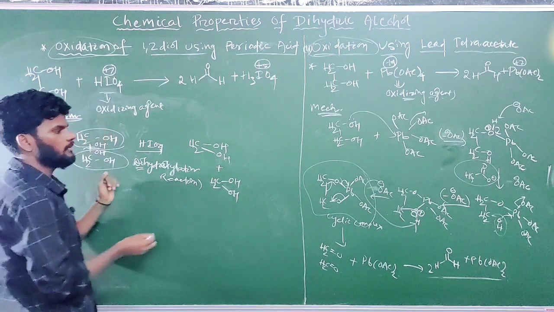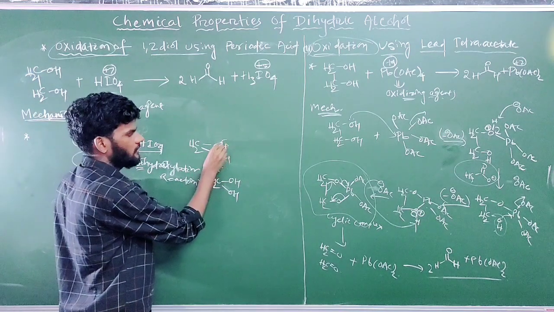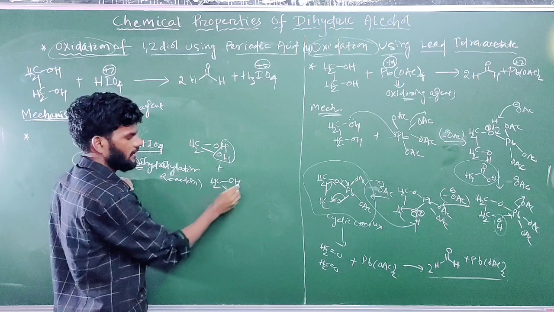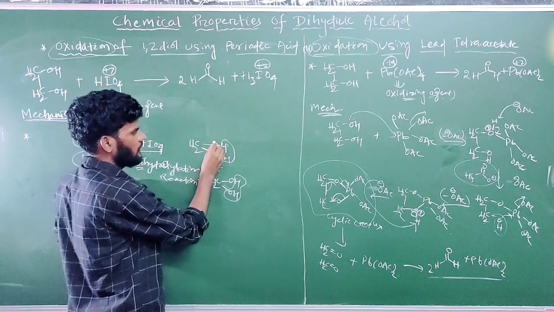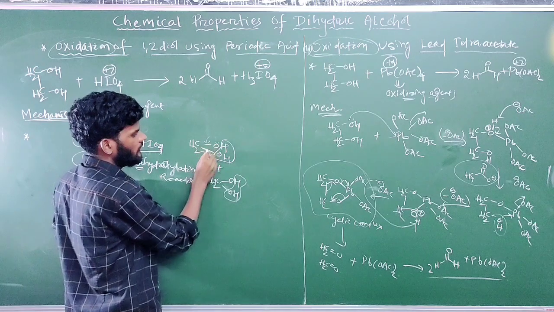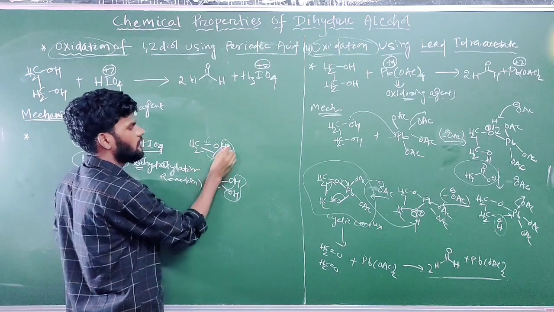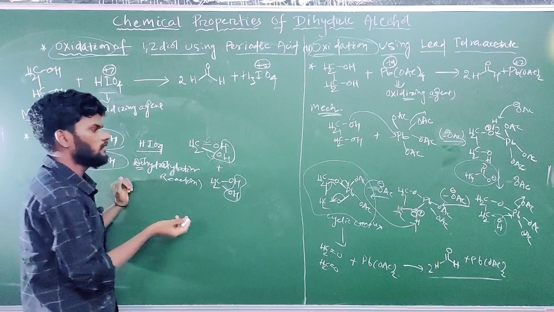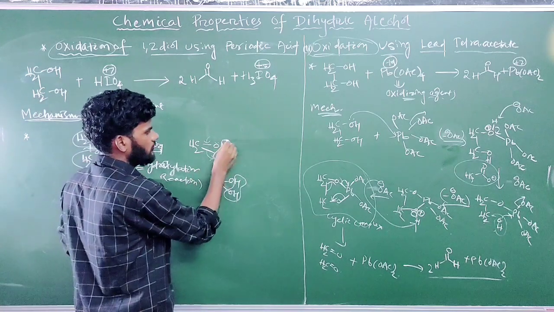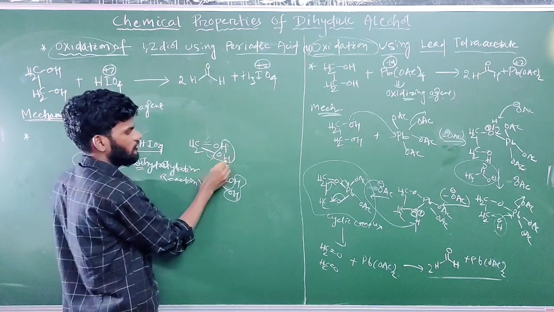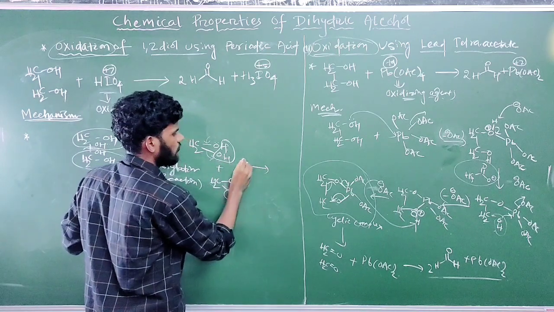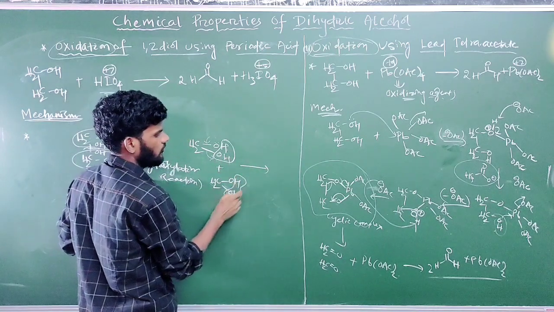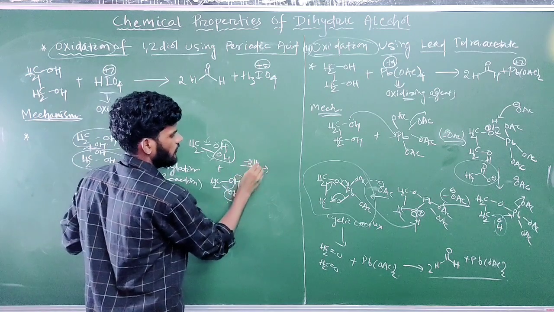In the next step, what will happen? Simple dehydration. Here an HOH water group will be released, and here also. What is the mechanism? The oxygen lone pair returns back and this OH group is released, and again OH takes the hydrogen, then water is released. Exactly the same here also. In a single step you can write it as HOH, water released. So one mole of water here and another mole here means 2 moles of water are released.